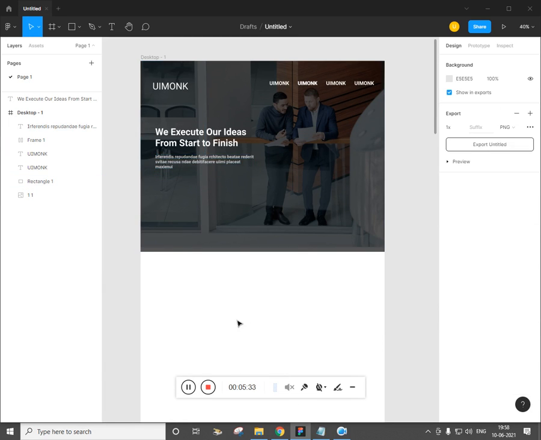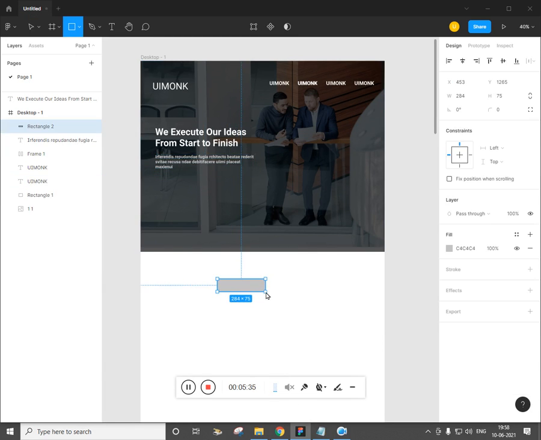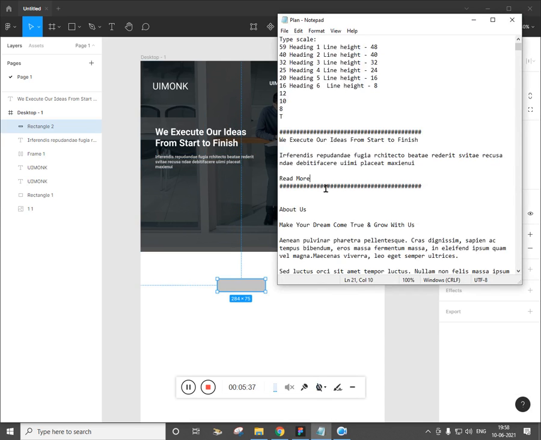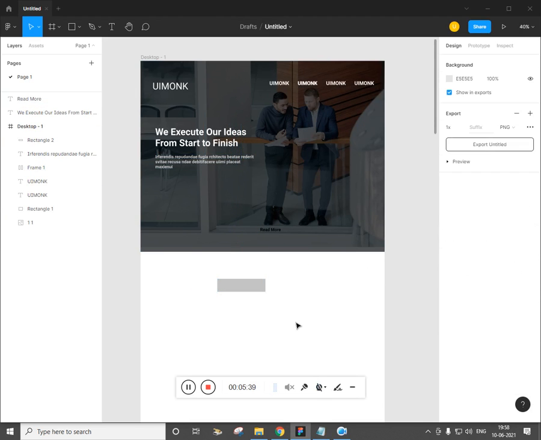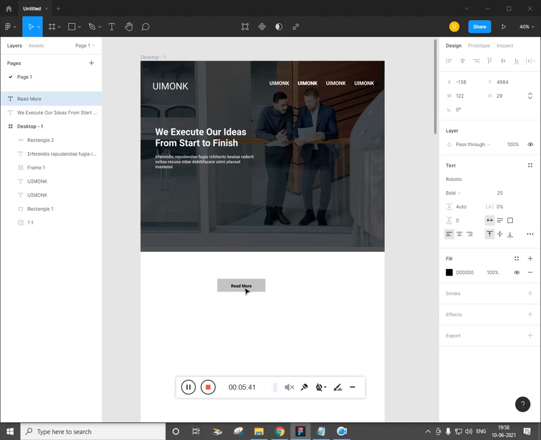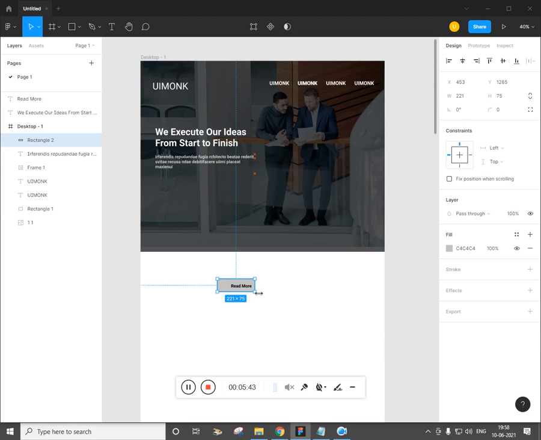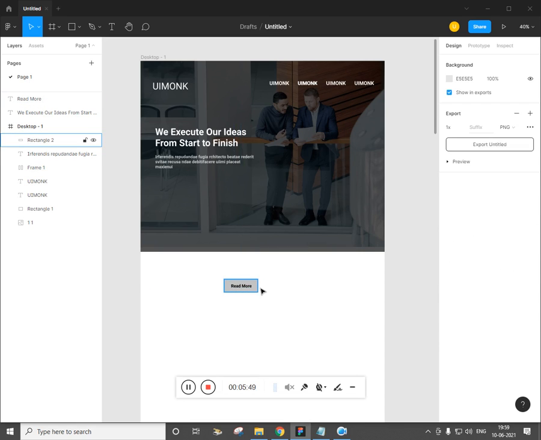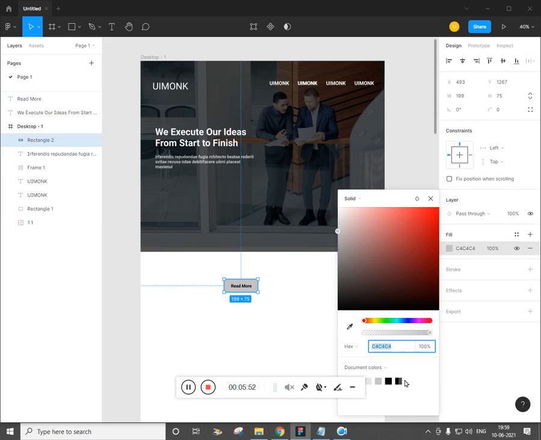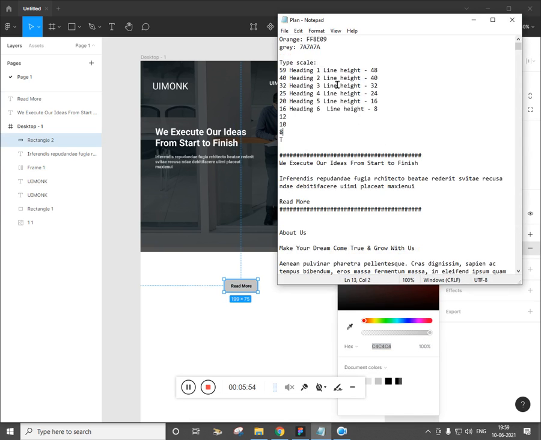Now we need a button. Click R for rectangle, and the text would be Read more. Type and just place this over, appropriately size it, select this Read more, and give the color as orange.